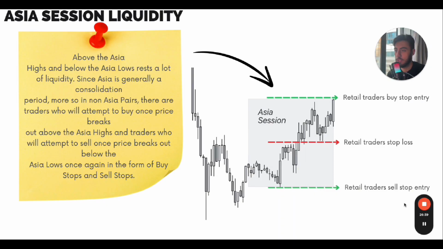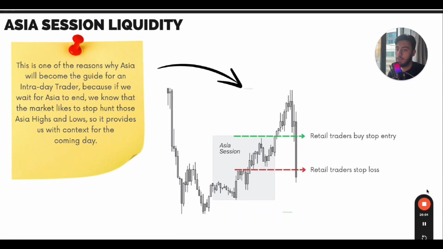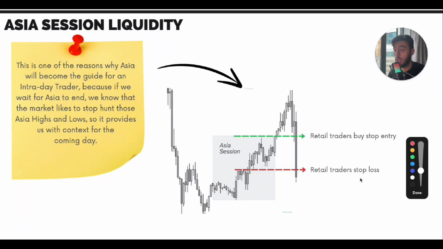And the opposite. They believe once the market first takes out the Asia low, the market is going to be bearish, so they put their stop orders between these areas. So this is going to be the buy stop and sell stop orders. But what happens here, as you can see, is that price just took the first Asia high, started to go up, and gave them a little bit of profit. They are happy. Okay, then price hits their stop loss.